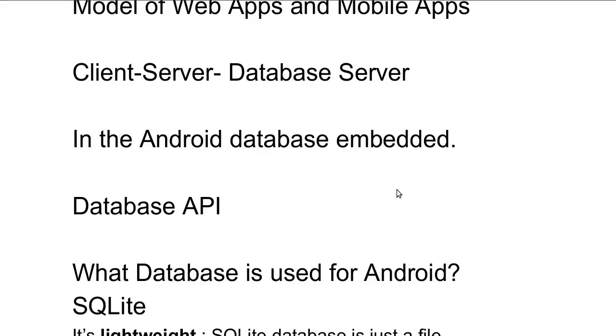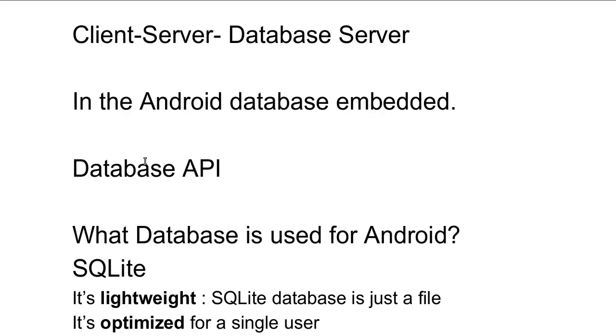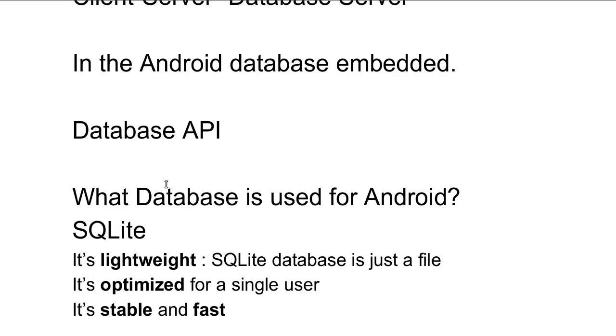We could say SQLite is an embedded database. It means it is built inside the application. So we don't need database servers or database management systems like MySQL, Derby or Oracle. These could be used with enterprise applications, but for a simple mobile application, we only use the SQLite database because it is embedded in the Android app itself. So what is a database API? Database APIs are the classes that we use for accessing the data from the database.